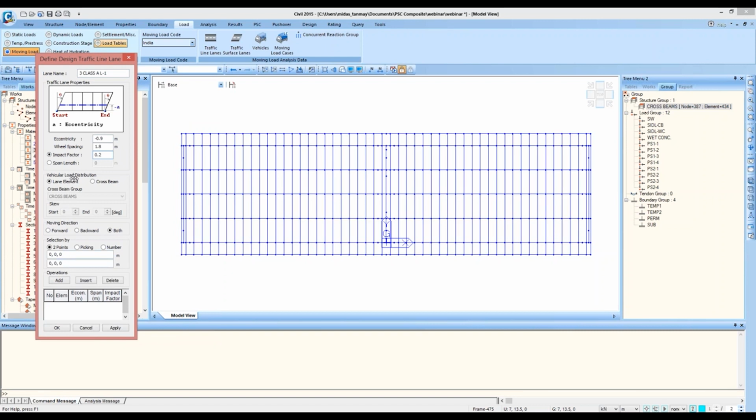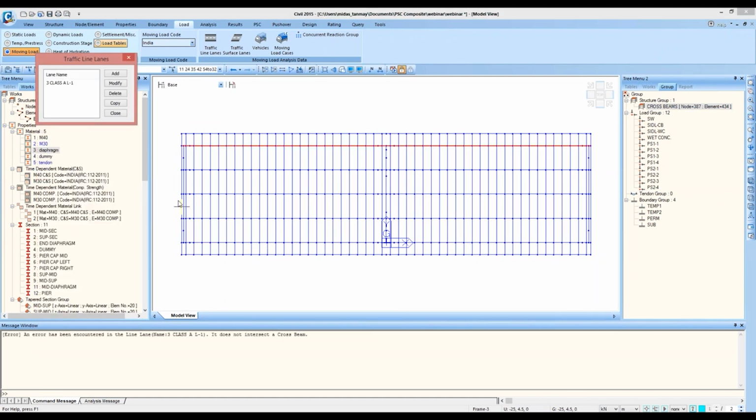And vehicular load distribution as per cross beams, the group is cross beams, moving direction is both, and I'll select 2 points by picking here and here. So this data has been entered and okay. So this lane has been added here.